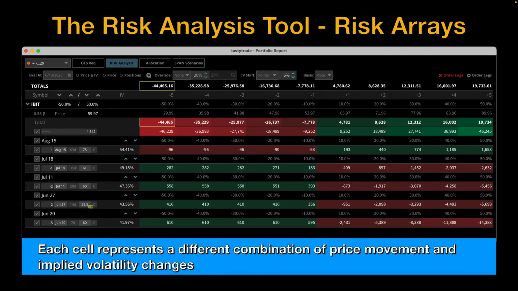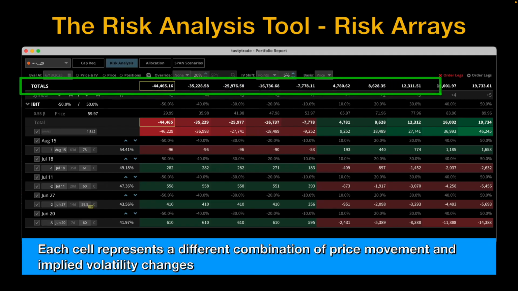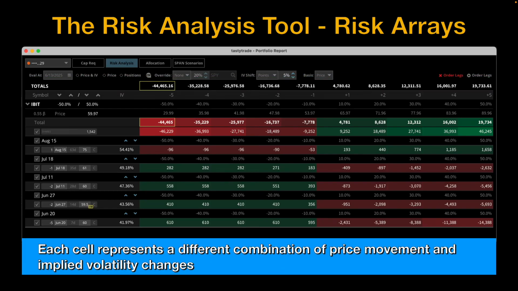Okay, and next we have the totals column here. And what this represents is what the total value of your portfolio would theoretically do based on different assumptions with price changes and implied volatility when running the risk analysis software. What we're looking at here